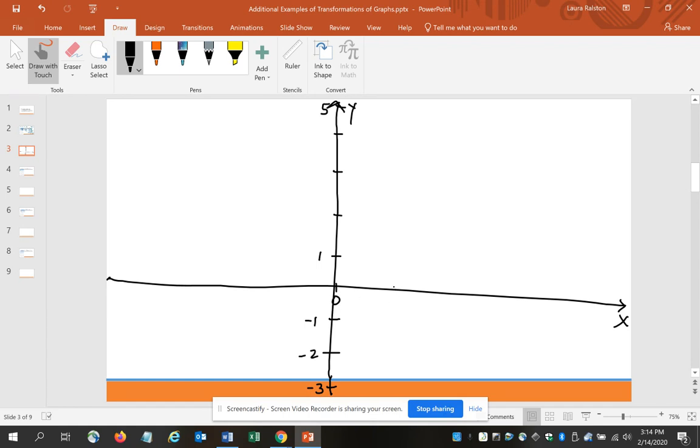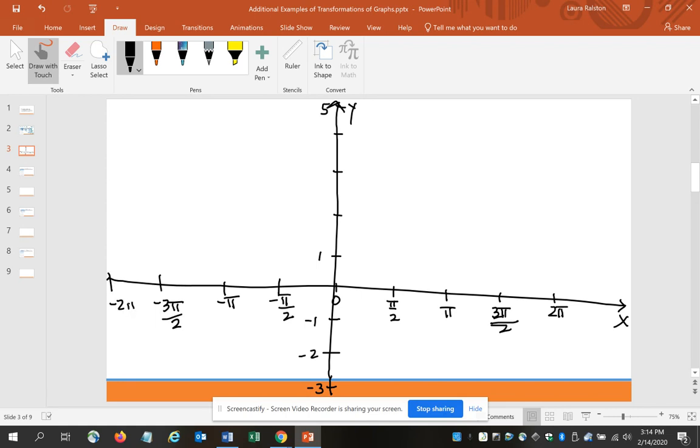So we'd have 0, pi halves, pi, 3 pi halves, and 2 pi. We could also rotate that negatively and have negative pi halves, negative pi, negative 3 pi halves,